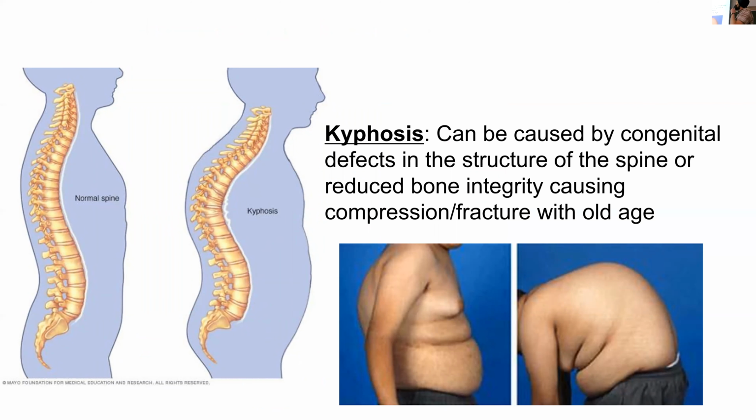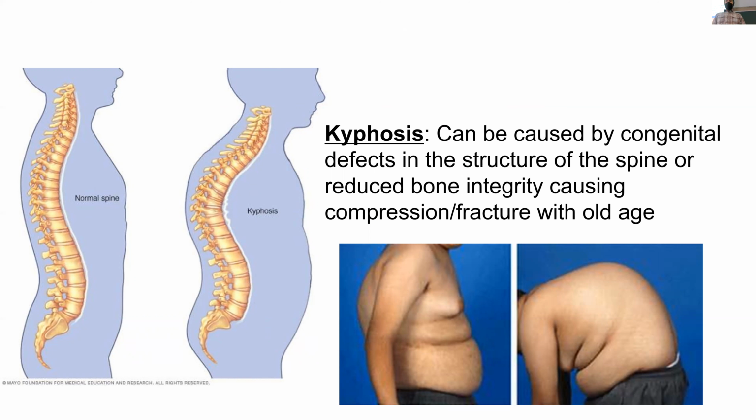So this can be caused by congenital defects. That means just kind of developmental, something doesn't happen properly during development. And what happens is the bone can lose its integrity, and as you get older, the curvature becomes worse because you put more weight on it. That causes more curvature. That causes you to put more weight on it. That causes more curvature. It's this kind of feedback. And so over time, it can create a lot of problems, and this kind of humpback